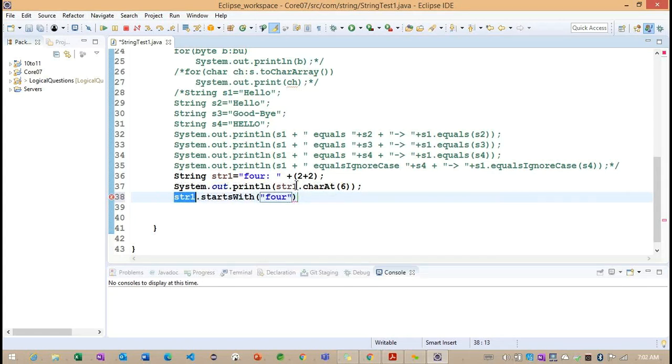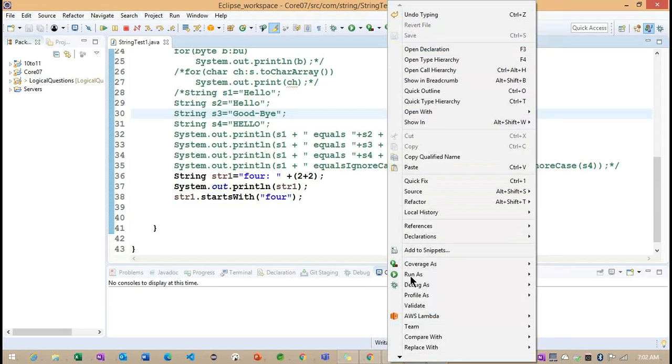So carefully observe, if I'm going to print this str1, we need to understand what exactly the string is that we are going to get.